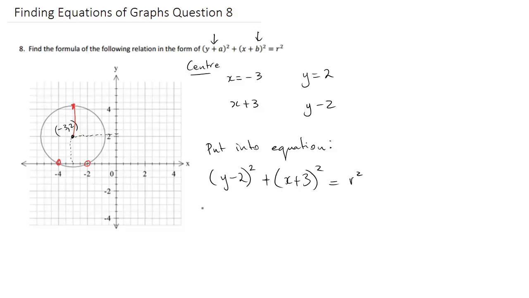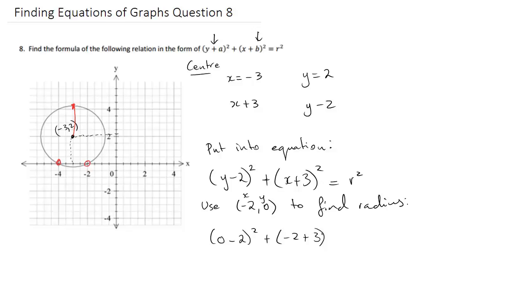out. So if we use, it doesn't matter which one you use, I'm going to use -2 and 0 to find the radius. So when we do that, this is x, this is y. So plugging it into the formula, 0 -2 squared plus -2 +3 squared equals to the radius, which is r